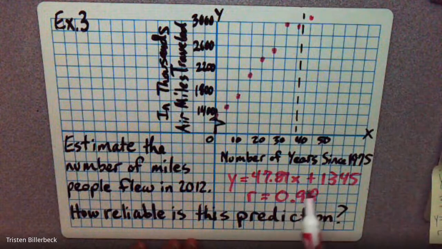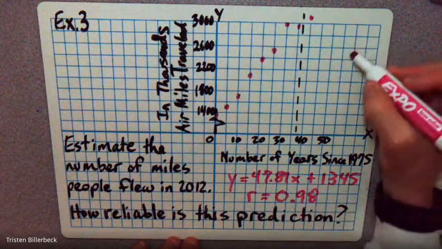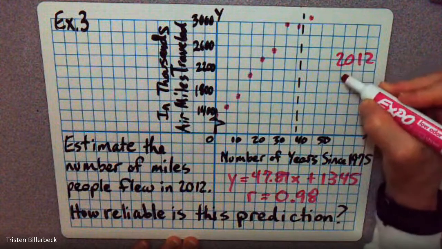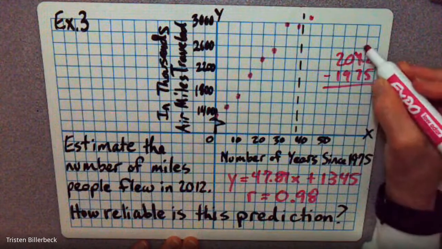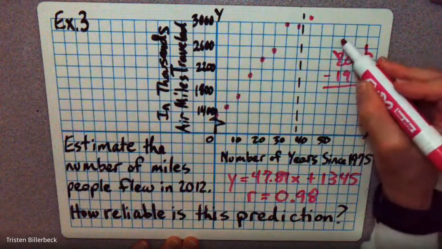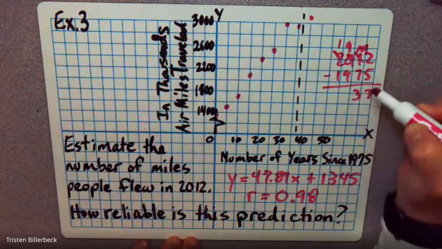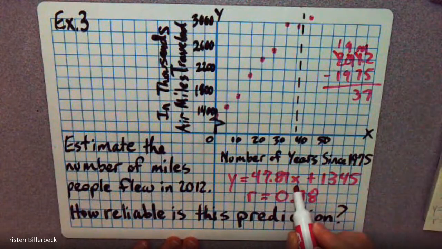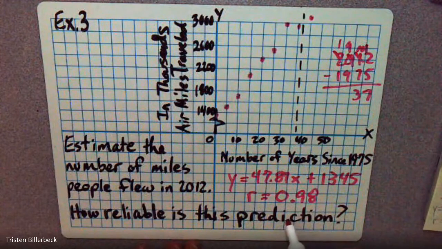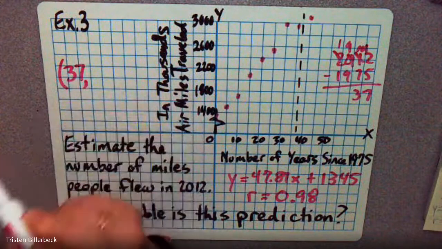Okay, so upon inputting 2012, we have to look at, well, how many years since 1975? So you have to actually do 2012 minus 1975. Okay, that gives you 37 years. So that's what you input into here to figure out what it is in 2012. So at 37 years, we get,